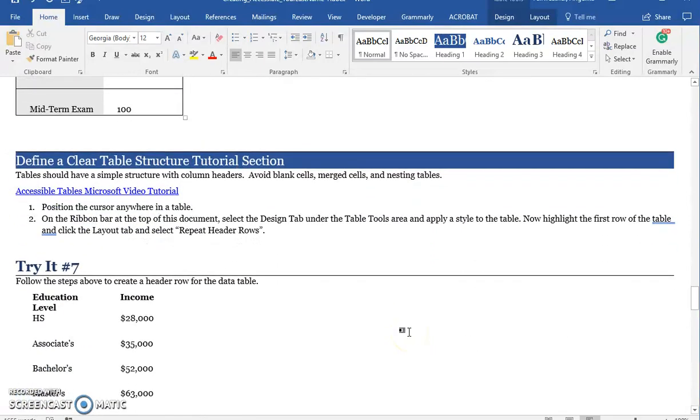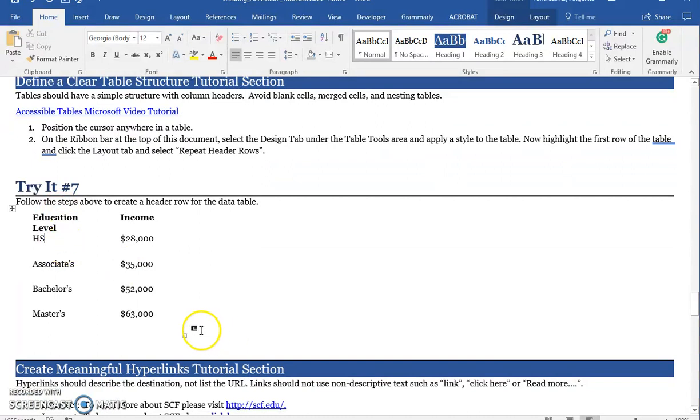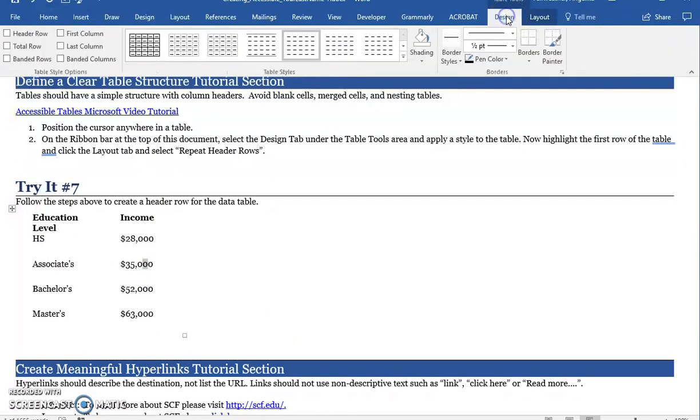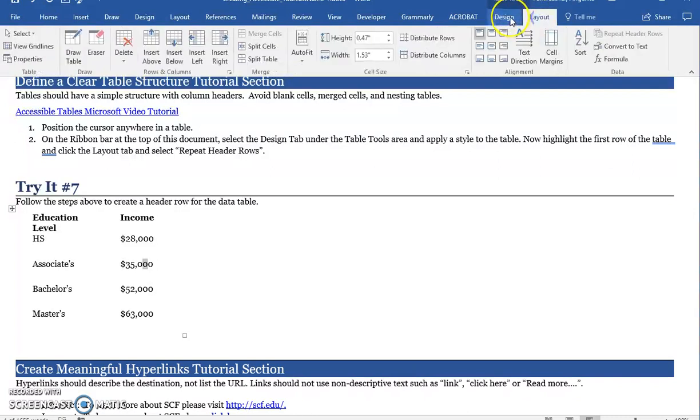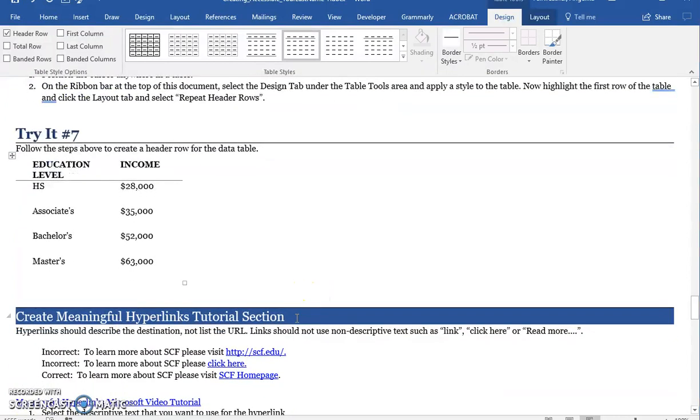All right, so for Try It number 7, what this is looking at is making sure that your tables have a header row. And so to do this, you just want to click on the table. When you click on the table, you should see that up in the right-hand corner, you get Table Tools. Kind of pops out in the ribbon. And we want to choose Design. There's Design and Layout. We want to go to Design and then just select a header row. And that will designate this very top row as a header, which will allow people to identify